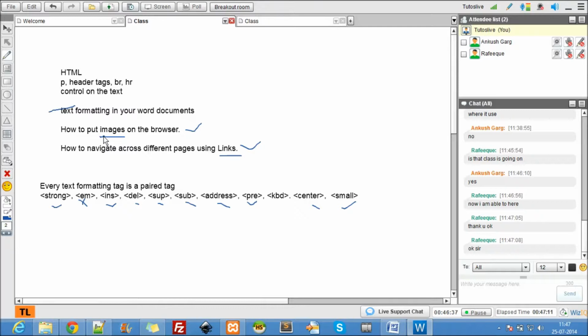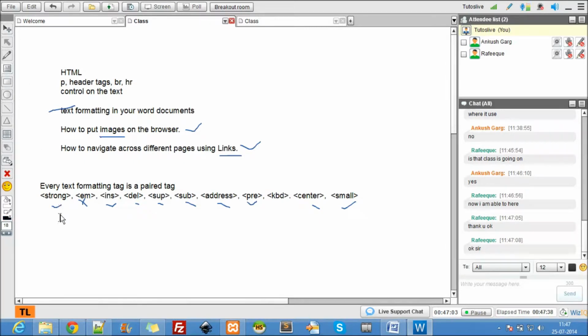There are a lot of pictures around in websites in today's world. So how can designers put those images on the web pages? I call people who deal with HTML designers. So our next topic is how we put images on the browser.